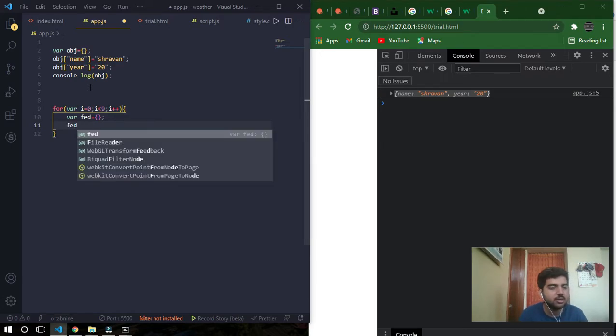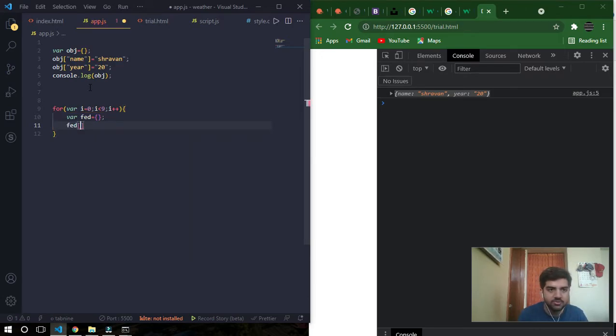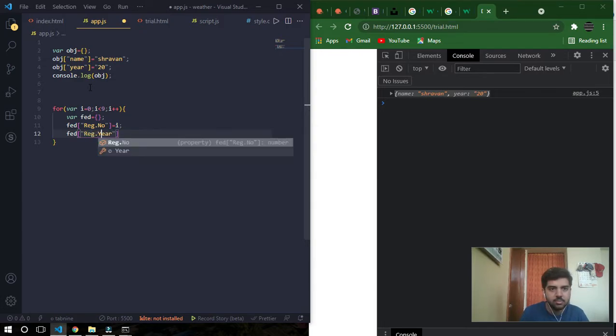Fed of registration number, reg.number equals i. Then fed of registration year, let it be 2001.